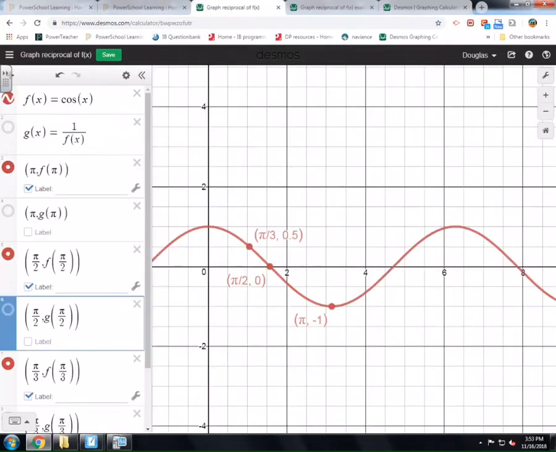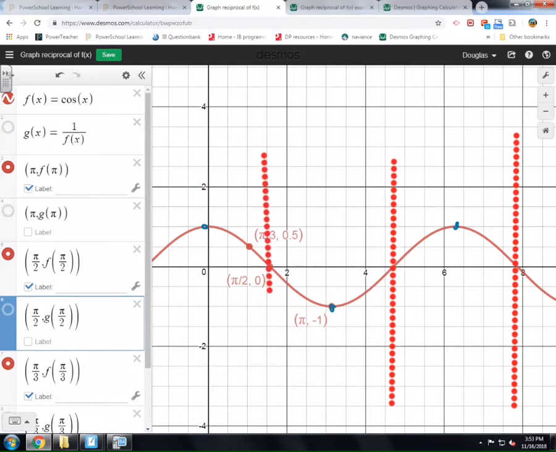All right, so right now what you can do is actually just pause the screen if you want to and try to imagine what the reciprocal of this is going to be while you're trying. Well, you already paused it right now, or you're not pausing and you're waiting for me to move on. So I'll do that. Here's what I know. There's a point here, here, and here, because this is a cosine graph. We're going to have 1, -1, 1. We're also going to have asymptotes at all the zeros, here, here, oops, it's hard to draw, and here,